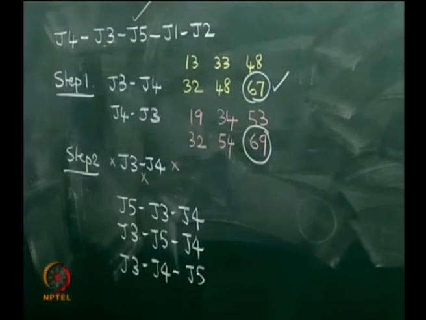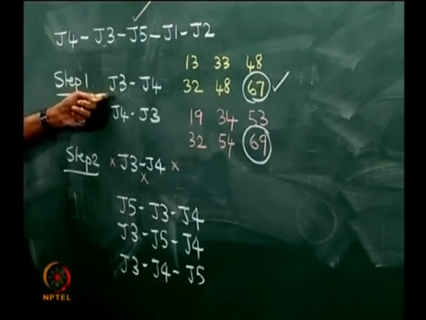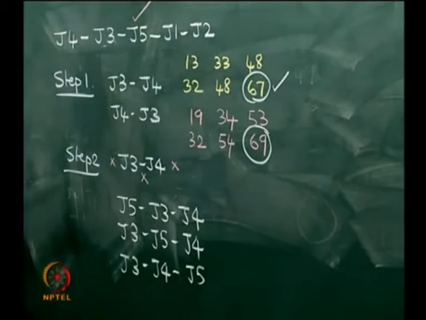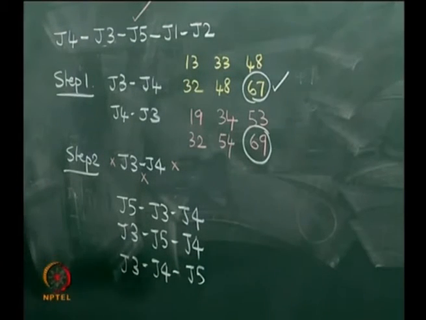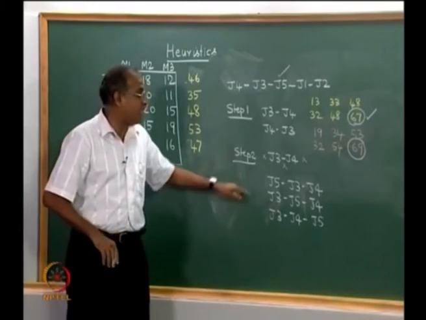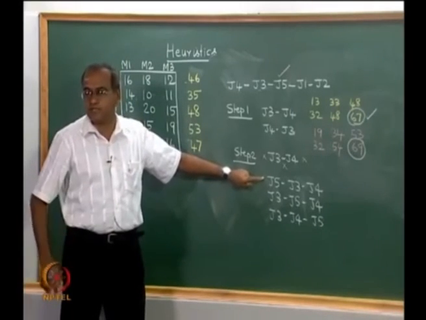Now find out the makespan for all these 3 partial sequences like we did here and choose the best. So one of them will be the best. At the moment we are not going to show the computation, but one of them will be the best. If for some reason, let us say that this is the best for the purpose of argument after the computation,